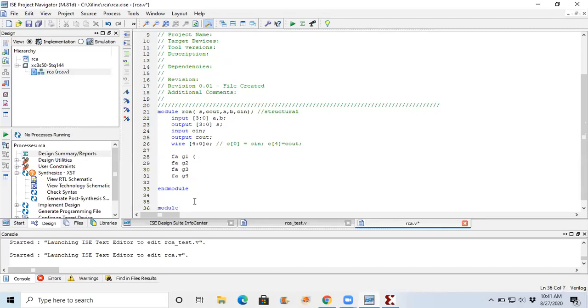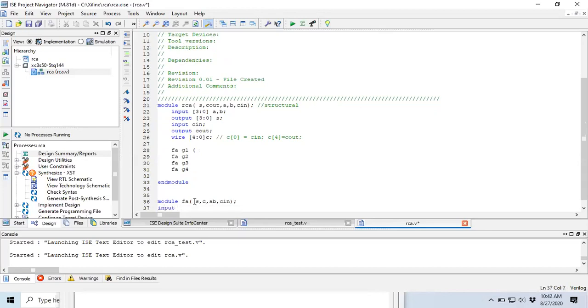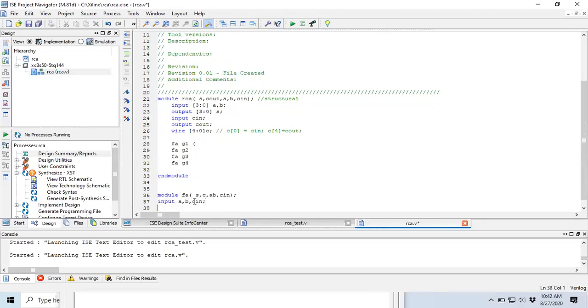So how will a full adder program look like? Module full adder S comma C out, A comma B comma C in. Then I have input A comma B comma C in. Then I have output S comma C, which means C out.